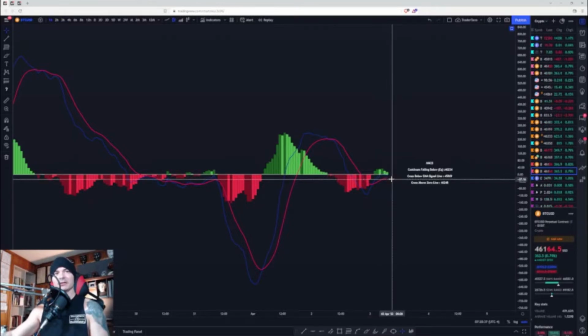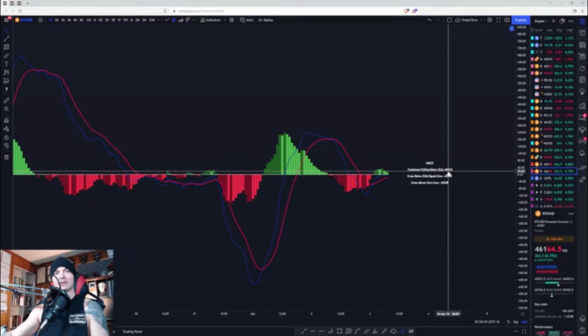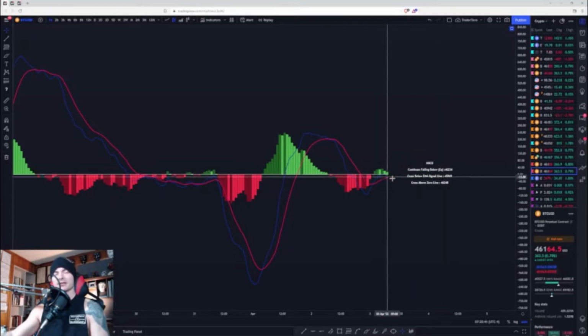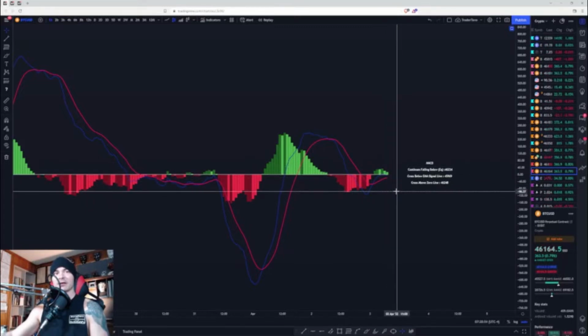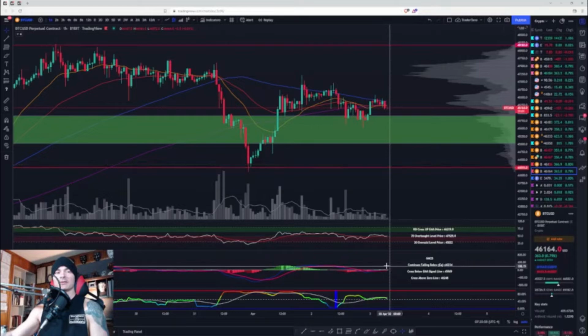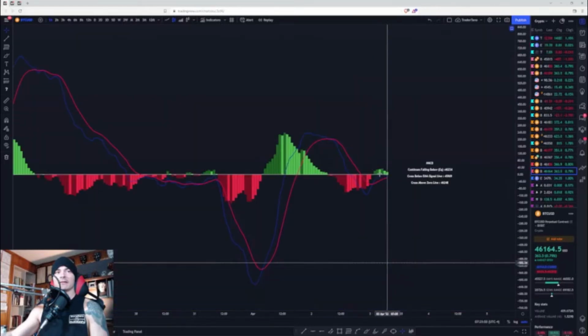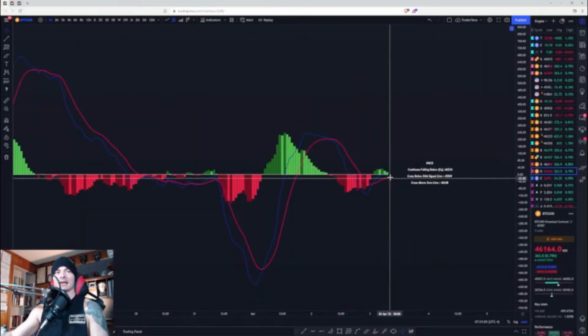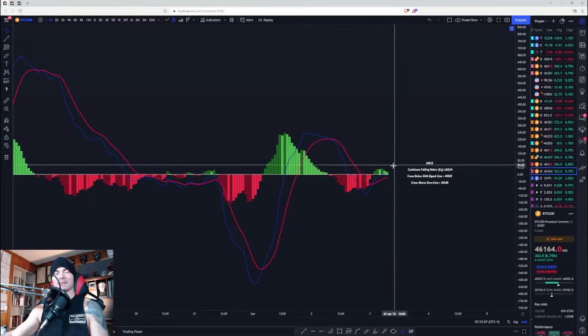We could cross the signal line. If we're below 46,240, we could cross the signal line. So that's not what we want if you're bullish, all right? So we want to bounce off that signal line on the RSI. Don't want to cross on both, because we also bounced off of that zero line. So we want to get back above that. So if we test this, we could get back above it.